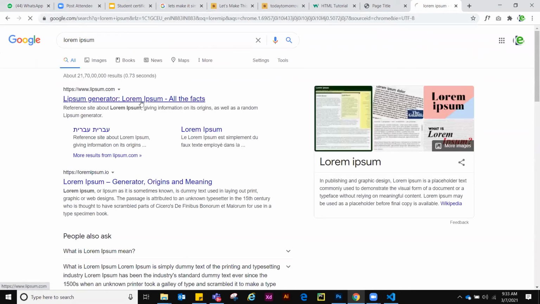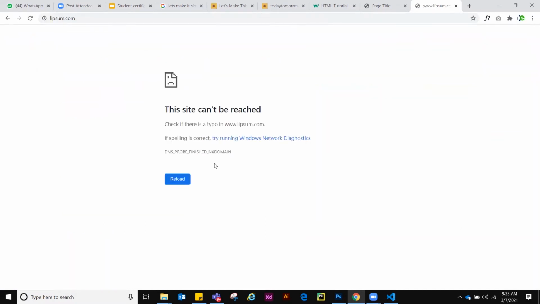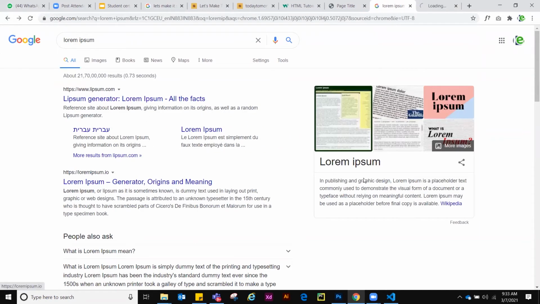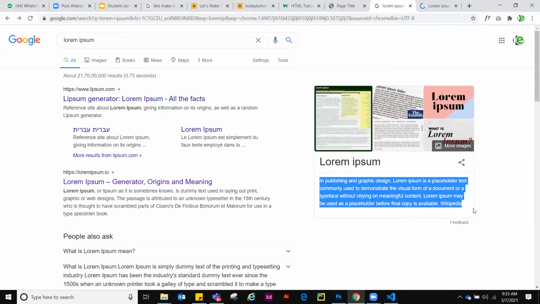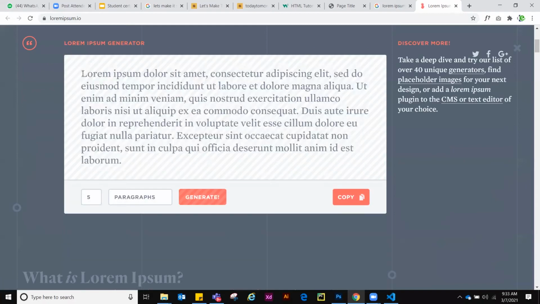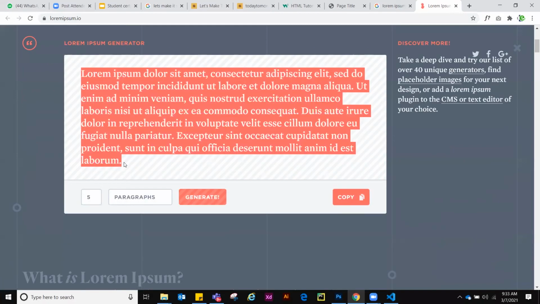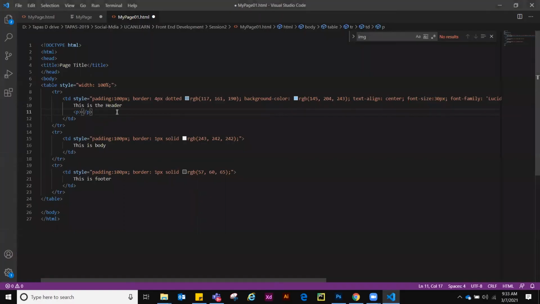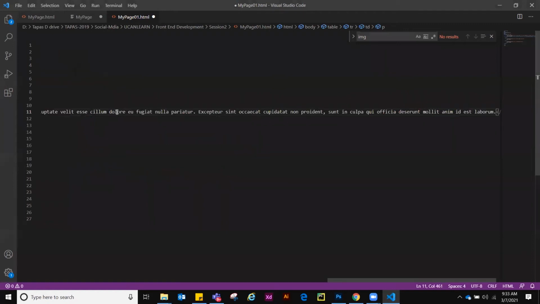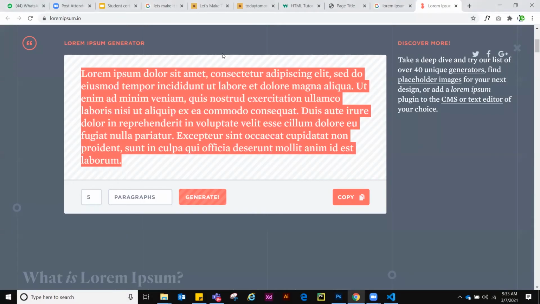Okay, it gives you a dummy text, because in most of the cases what we need, if we want to check some kind of layout, how it is looking in actual browser, okay, we need to go to lorem ipsum, but somehow it's not opening. So let's try this, or I can copy this also. It is just simple text. Okay. So yeah, see, lorem ipsum. So it will give you dummy text, but this dummy text helps you to understand that, okay, if someone is writing some kind of text inside, how it is going to look like. Let me hide this.